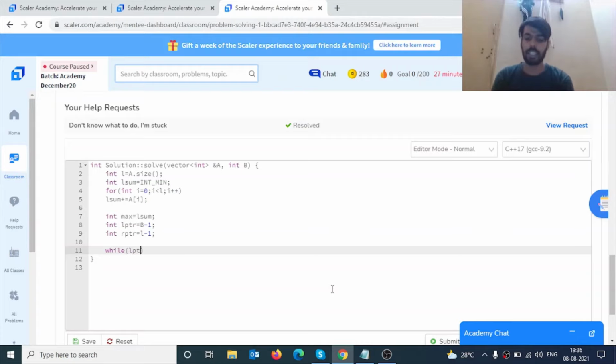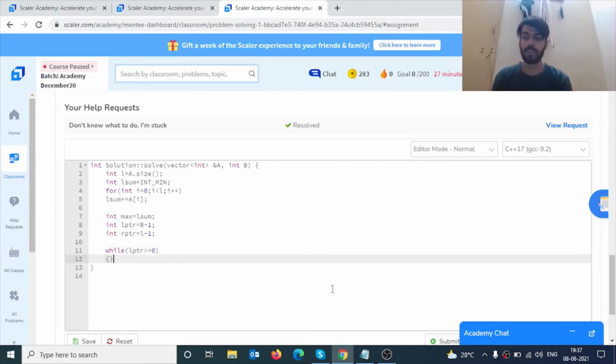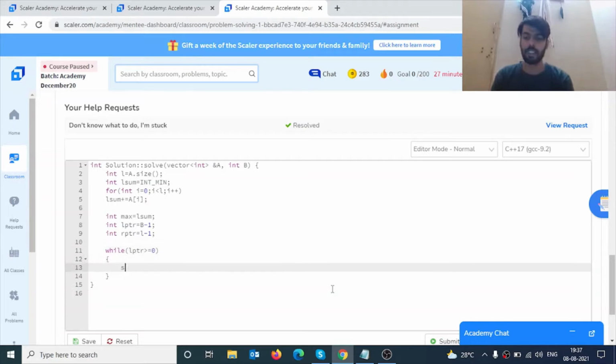Now, while lptr is greater than or equal to 0, we will update L sum. Let us suppose this is the left side and this is the right side.